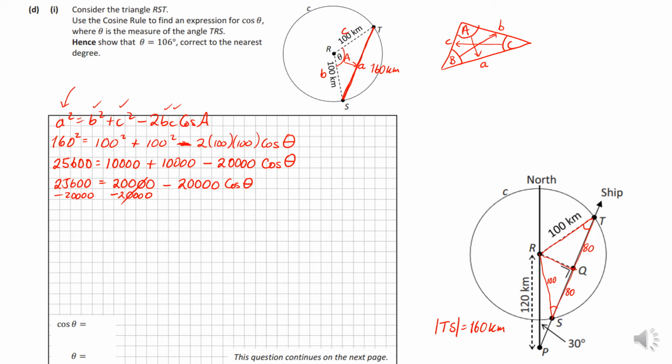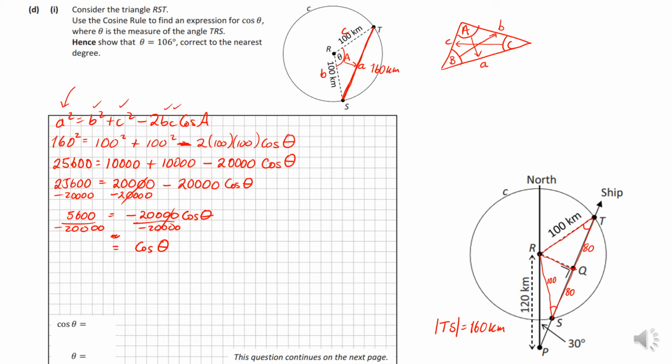Okay, and we get 5,600 equal to minus 20,000 cosine theta. And now we're going to divide both sides by minus 20,000. Count your zeros. Okay, and I get